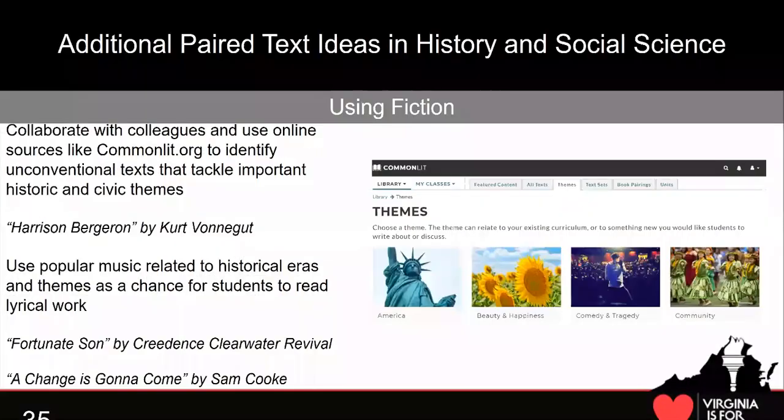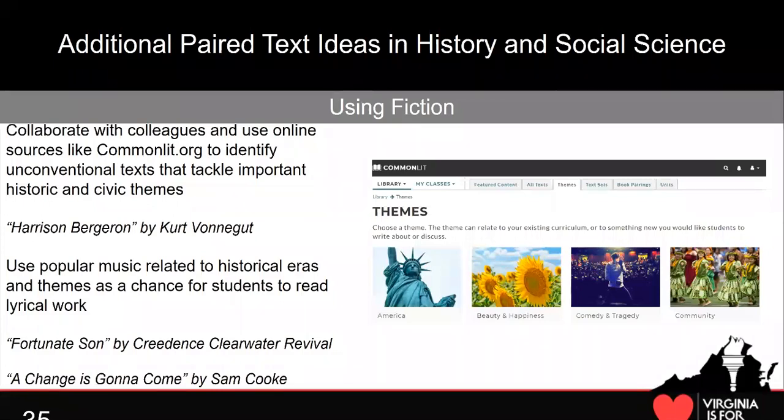And I haven't forgotten about civics. Civics, I think, sometimes can be almost easier to create paired passage sets with because you can really just focus on themes. The content itself is sort of thematic. Big ideas like freedom or due process. There are a lot of things out there that you can grab that focus on that.